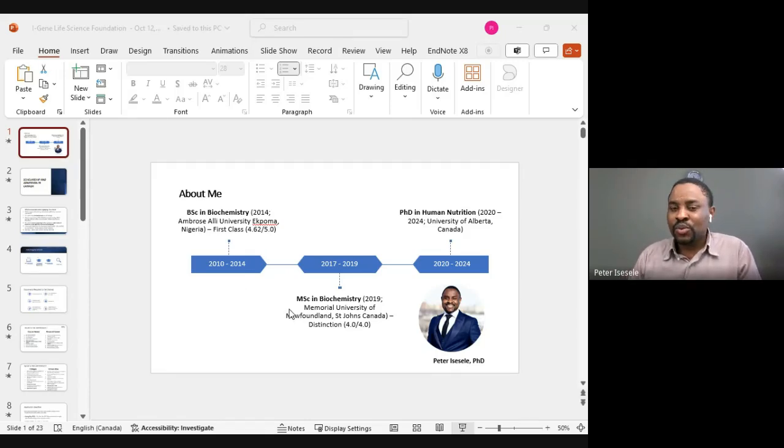That was in 2010 to 2014. And I finished, and then I had a bit of a break for NYSC and then started thinking about applying abroad. Initially, I wasn't really thinking about Canada per se. Initially, I was thinking about the US. And then later on, I had a friend who introduced me to Canada and mentioned that it's really possible to